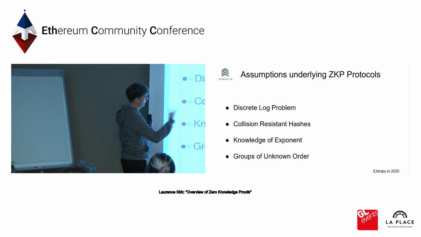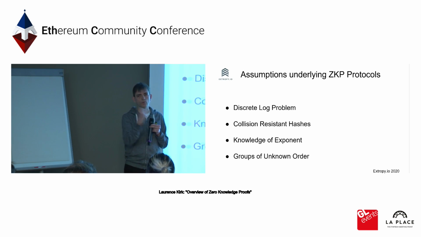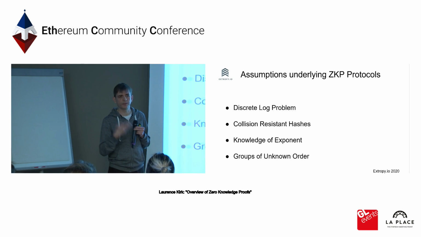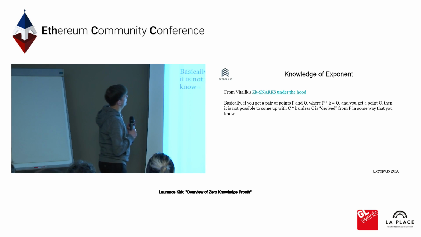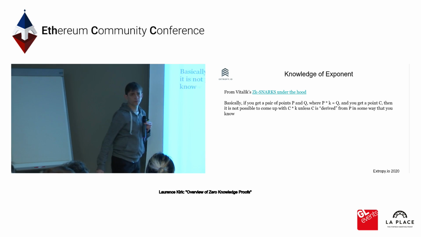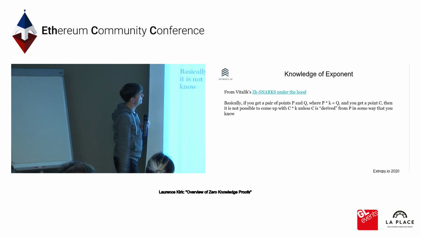The idea with trapdoor functions is that you can compute a function one way, and it's very difficult to brute force, very difficult to go the opposite way. Also, particularly in zero-knowledge proofs, some primitives or ideas people have used are knowledge of exponents and groups of unknown order. I'm not going to go into these in detail. Vitalik did a good blog post about this in his ZK-SNARK series.